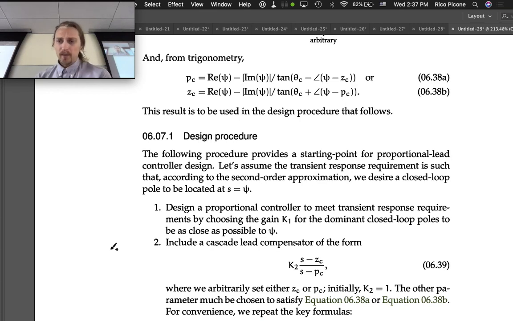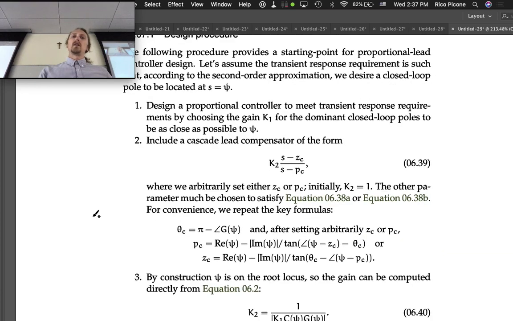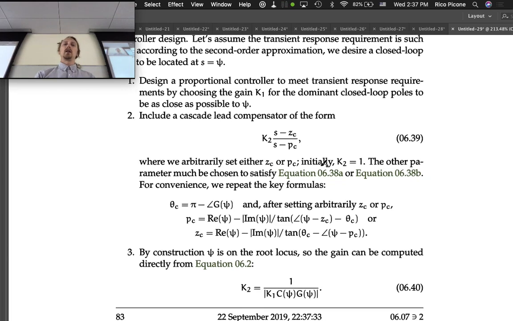Let's assume the transient response requirement is such that, according to the second order approximation, we desire a closed loop pole to be located at psi. First, design a proportional controller to meet transient response requirements by choosing the gain for the dominant closed loop poles to be as close as possible to psi. So you're just trying to do proportional control, but we know that we're not going to get where we want to go exactly. So then we include a cascade lead compensator, step 2, of the form given here,